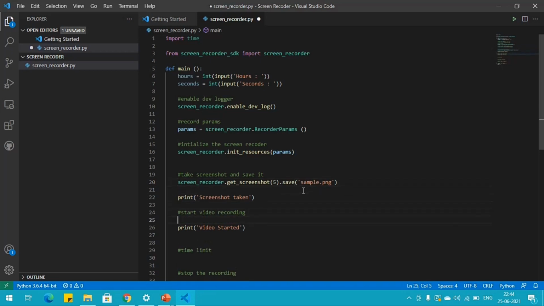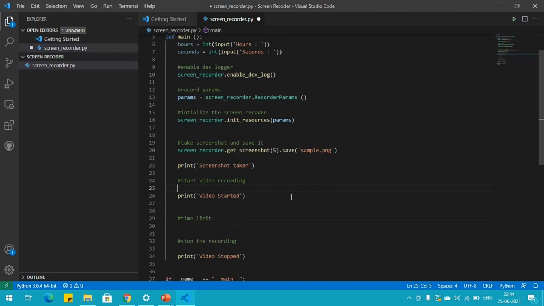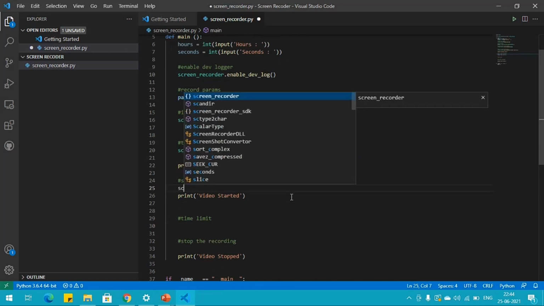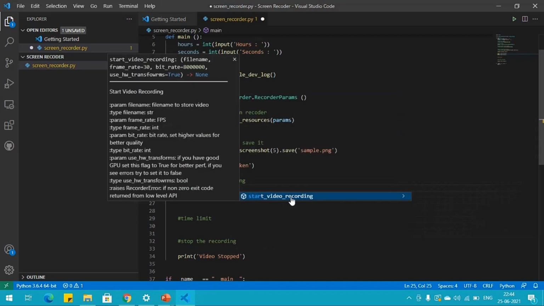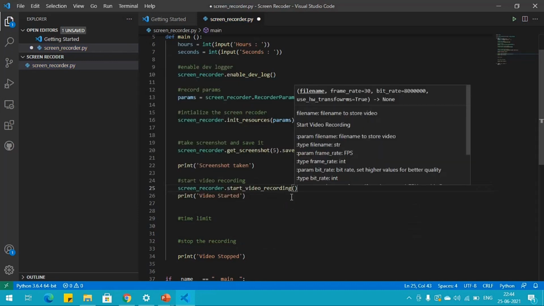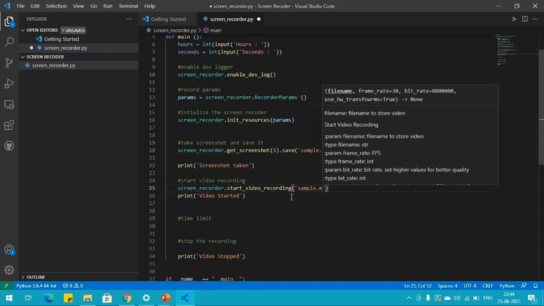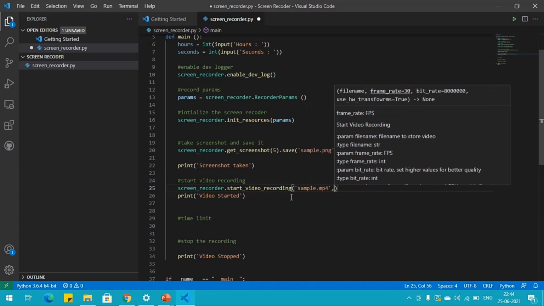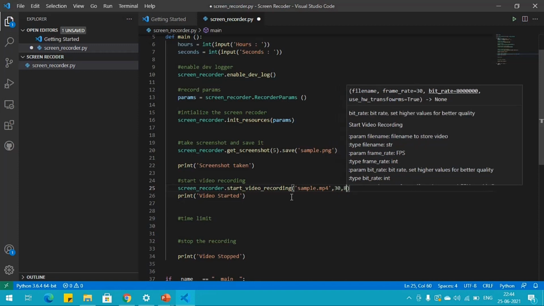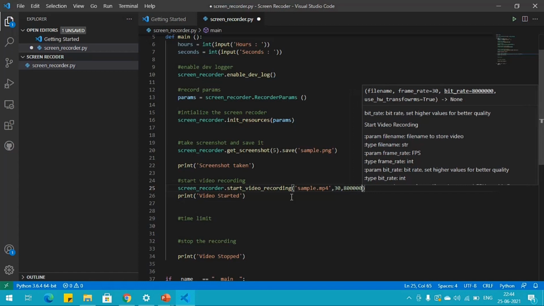After that we will start the video recording using the start video recording function. Here our arguments will be the file name by which we want to save our video, and 30 bitrate and 80 lakhs of frame rate.